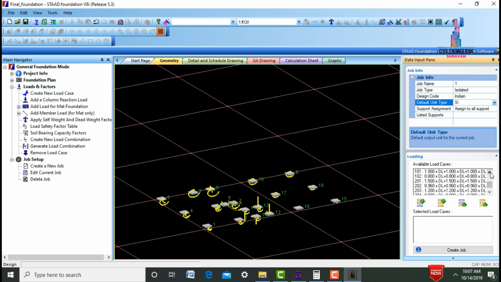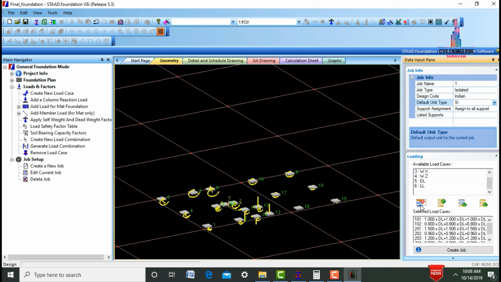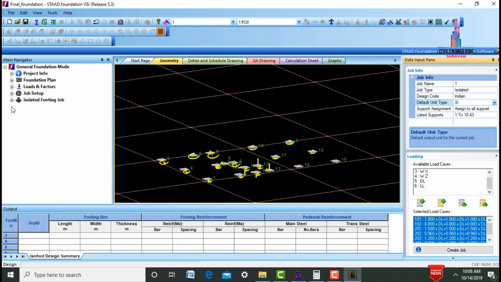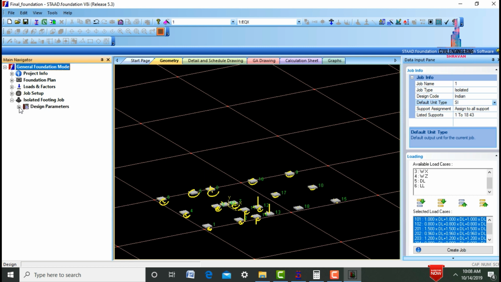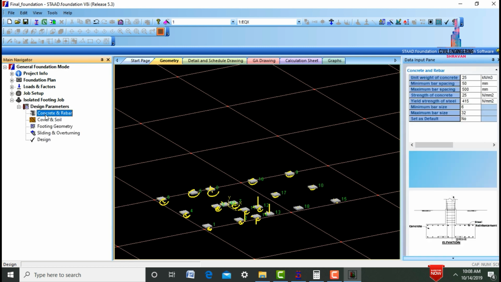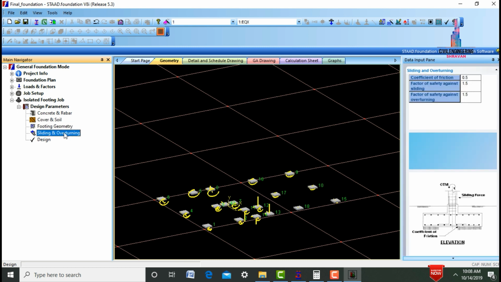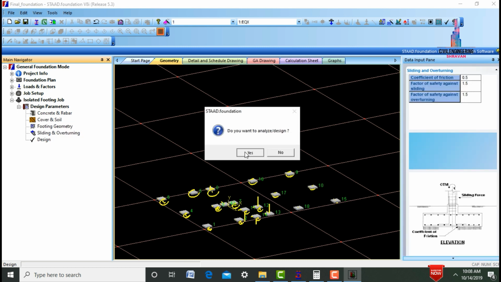I'm selecting 101, 102, 201, 202, 203, 204 combinations for this respective case. Click on include this respective combination, click on create job. It will design the isolated footing job like this. Select isolated footing job, place mark, design parameters, concrete and rebar values, cover and soil type, footing geometry, sliding and overturning. Click on design option, click on yes button.